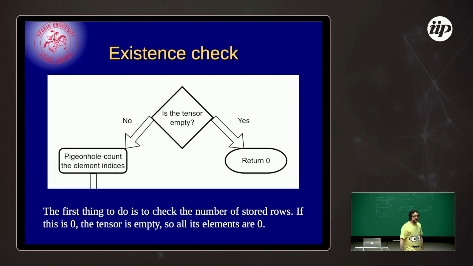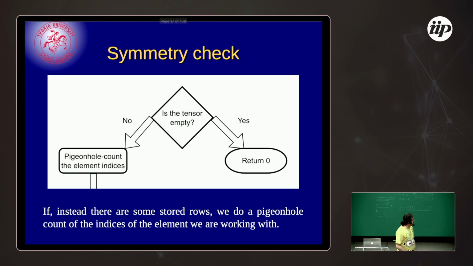If the tensor is not empty, well, we need to do something else. We do a pigeonhole count of the indices of the elements that we are dealing with. So, do you know what a pigeonhole count is? I see one yes and everybody no. Okay, good. So pigeonhole counting is